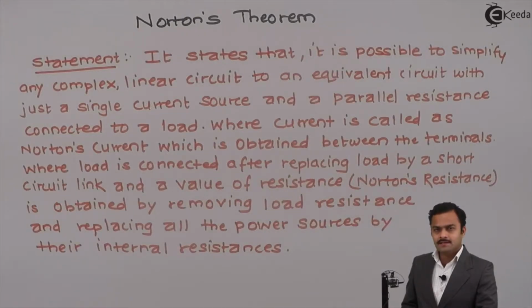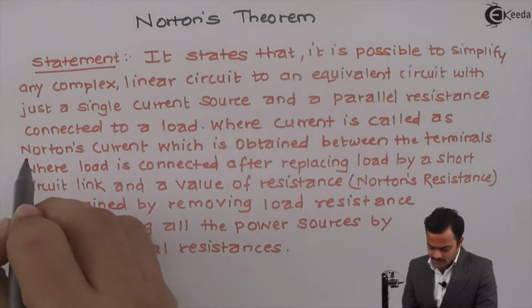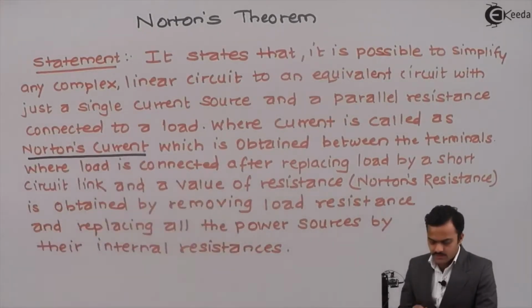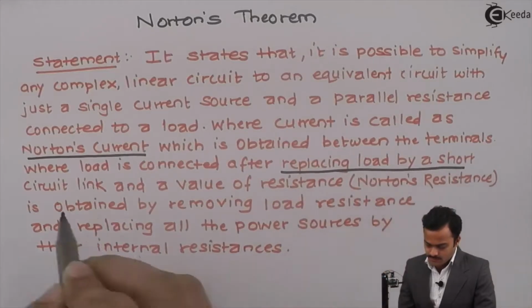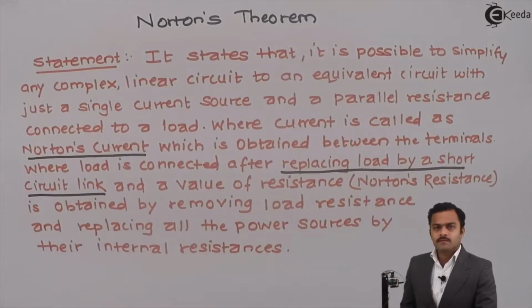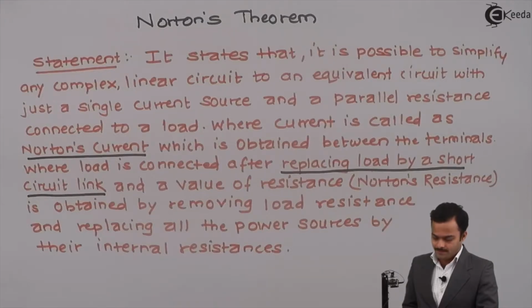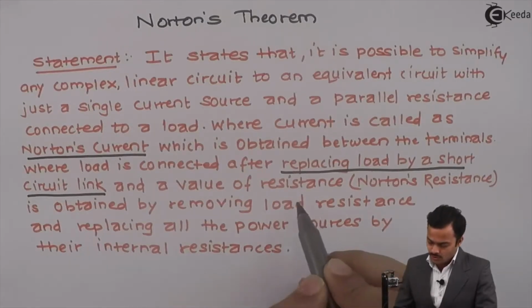So the important thing you have to understand here is how to get this Norton's current. The procedure to get Norton's current is that we have to replace the load by a short circuit link. That means we have to remove RL and place a wire between the terminals where the load resistance was connected. And Norton's resistance